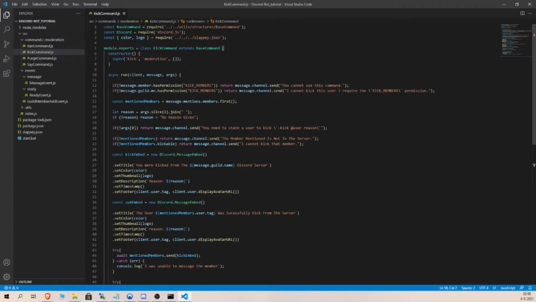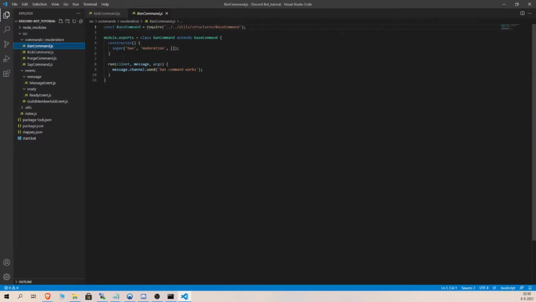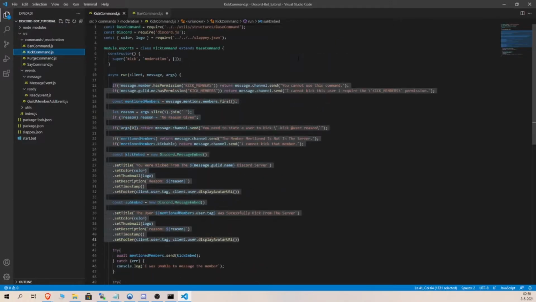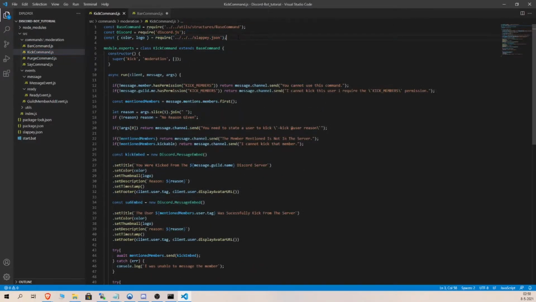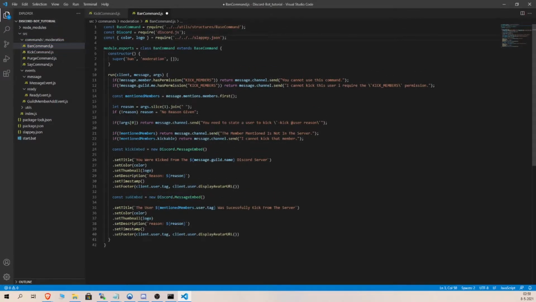We can just copy this and go to the ban section, paste it, go back and copy this and paste it, make it async, change kick to ban,